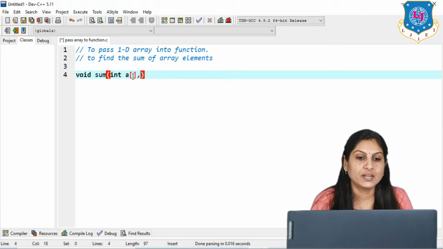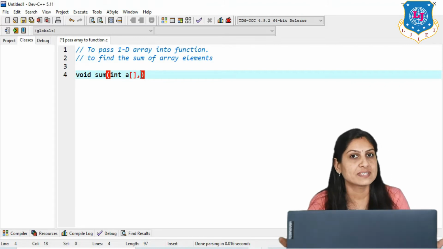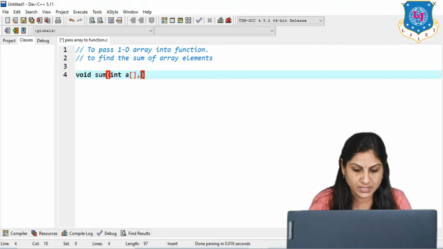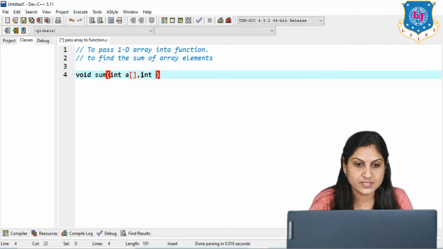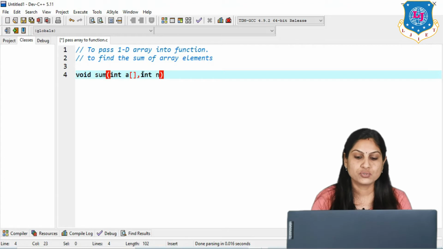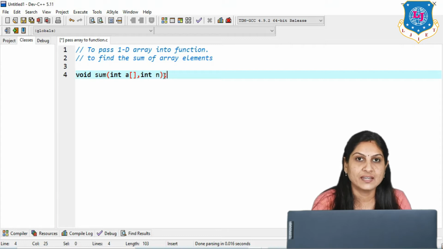The square bracket is empty, and we pass the size of the array as the second parameter, that is integer n. So here we are using two arguments: first the array name, that is a, and second the size of the array, the variable n.